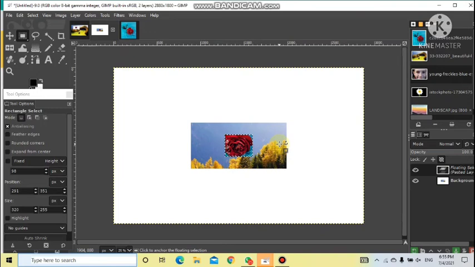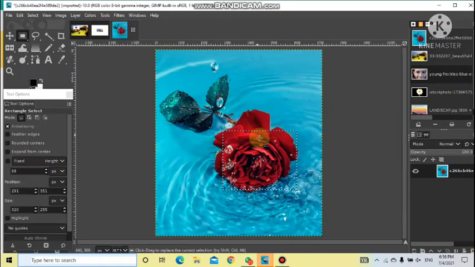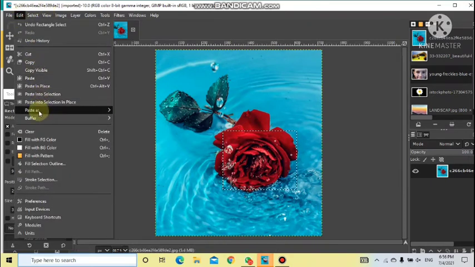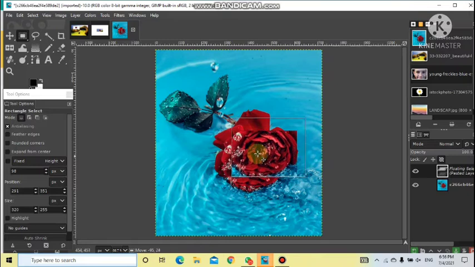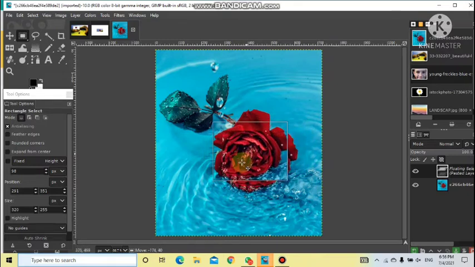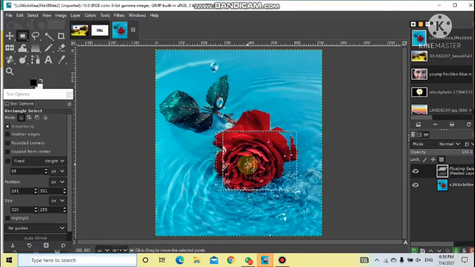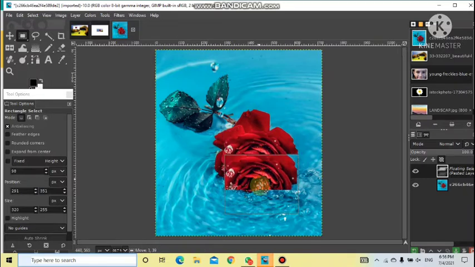In the same way, the last option is there. The current selection which you had made in this, you want to paste on top of this only, then go to Edit and choose paste into selection in place. Now that part can be moved also. If you can see, it is getting moved up from that part. So this is your paste into selection in place. Another way of pasting is if you want to paste it as a different layer.